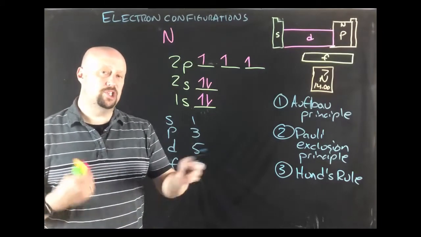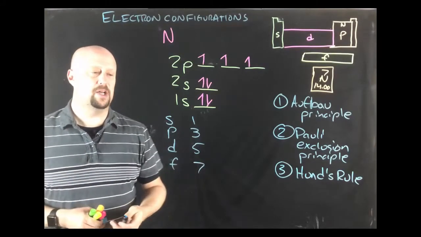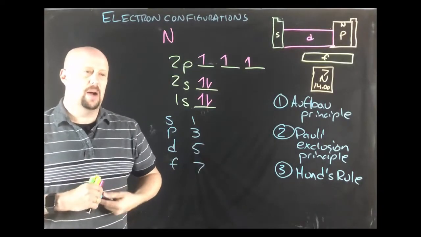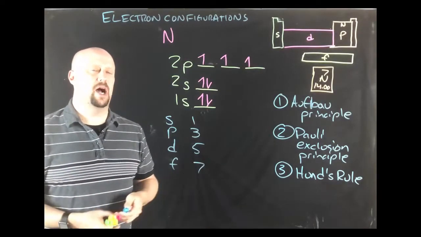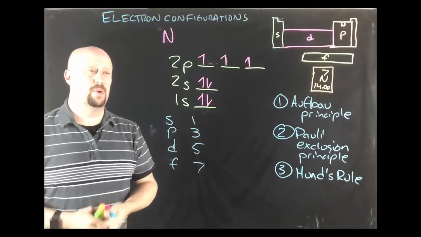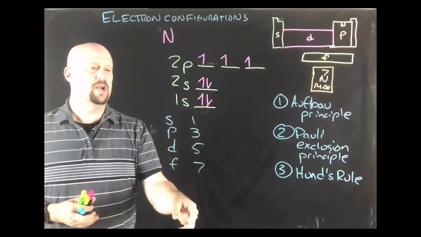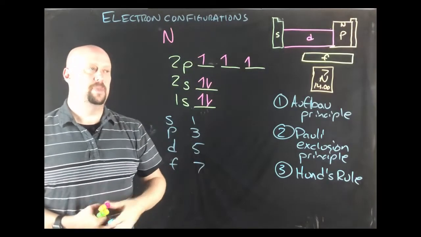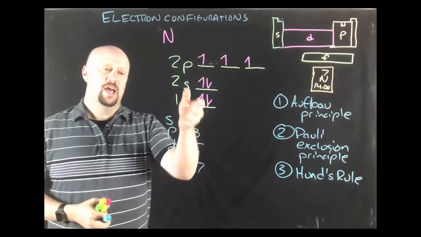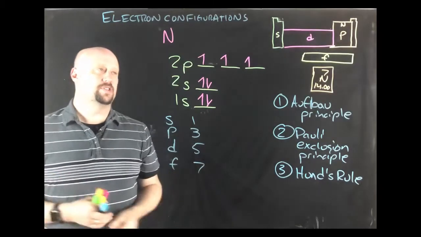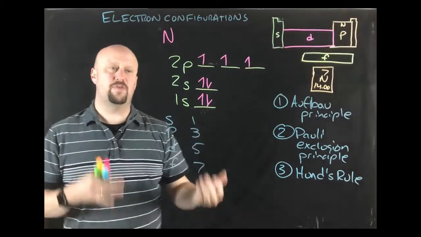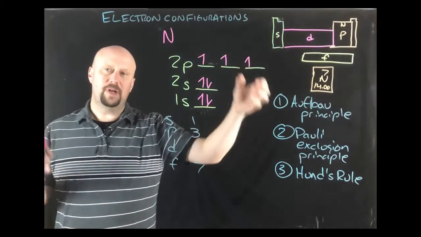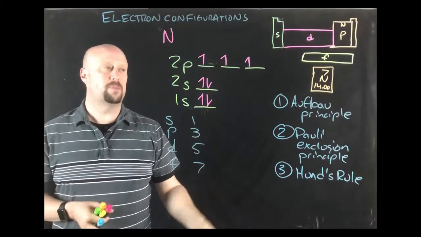If we went to a G or an H, which again are theoretically possible, then we would have 9 and 11 and so on and so forth. And again, there's a quantum number reason behind that that is really deeper than we need to go right now. But what's important to us is this tells us how many boxes each of these get. Now here's the beauty of this. You could memorize this and that will work just fine, but the periodic table itself actually leads you to all of that stuff. If you look at the periodic table and what I said was the S block before,